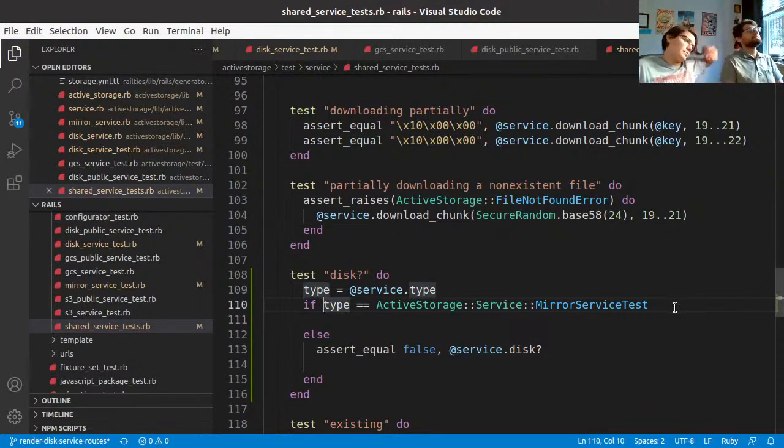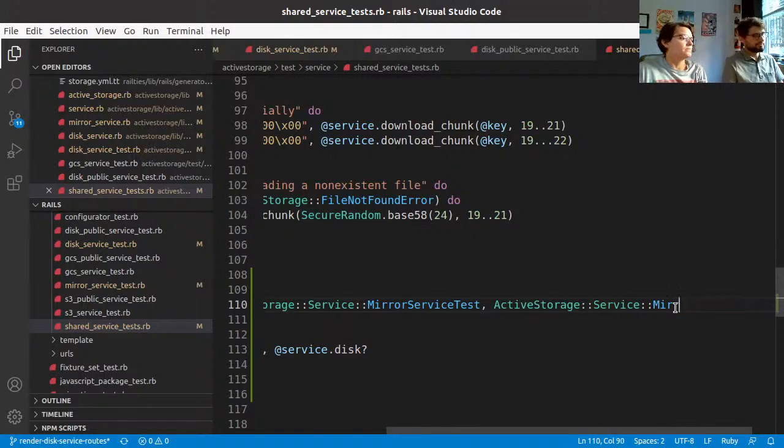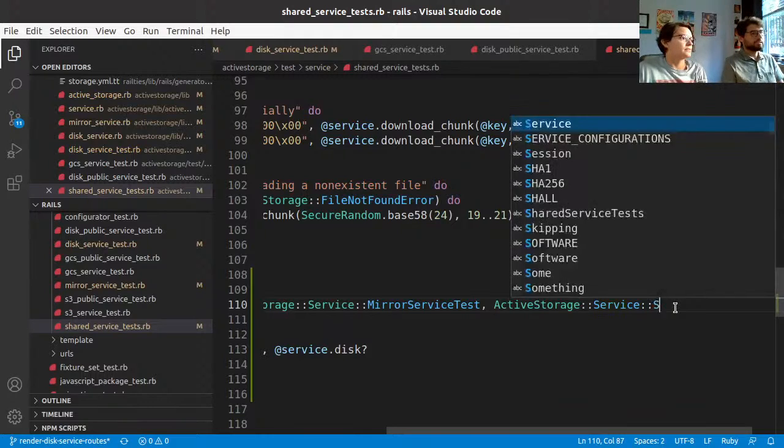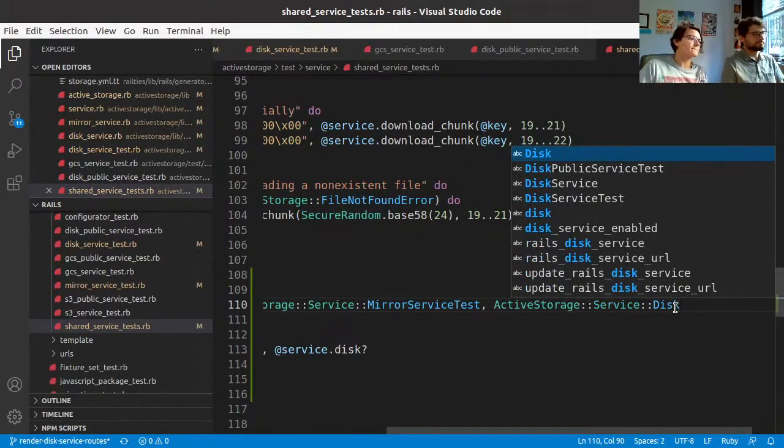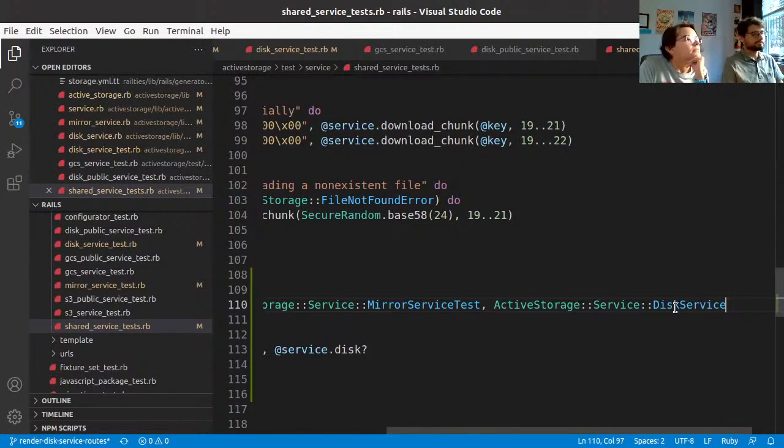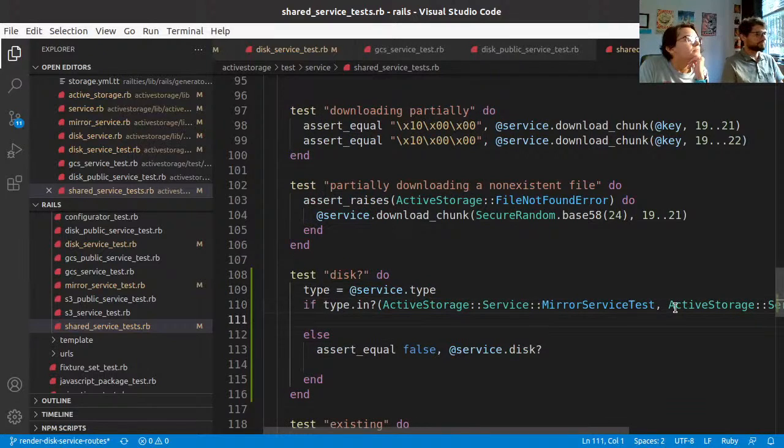So what you could do is type in here to storage. Yeah, let's try this. Just try this to see. Then we make a better disk service. So if the type is one of them, I don't want to do the test. Know what I mean? If type in, I don't want to do it. So